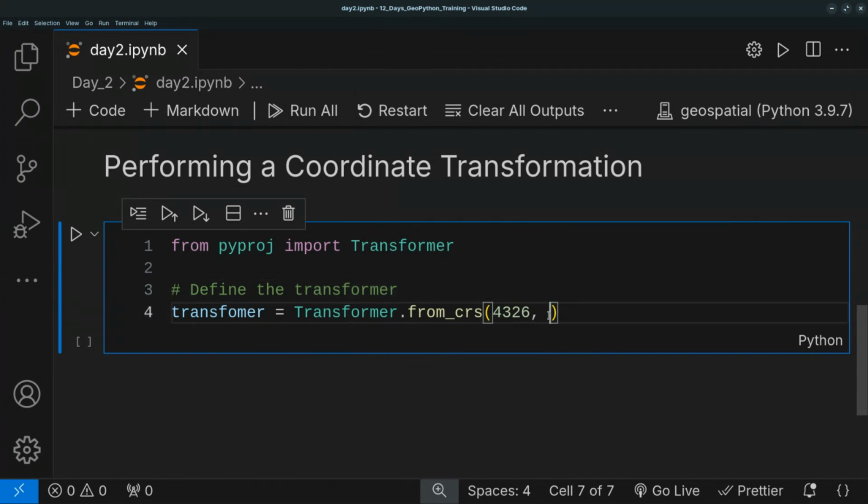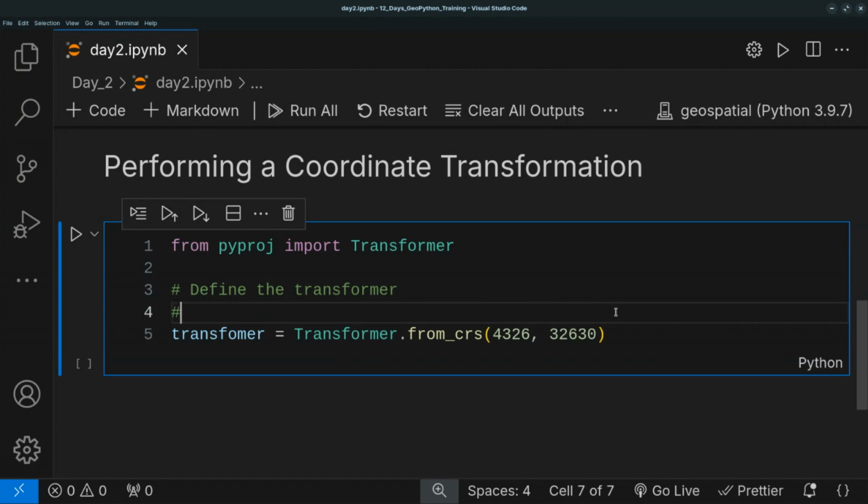So let me take 326, should it be 30? That means I'm converting from WGS 1984 to this code, which should be for